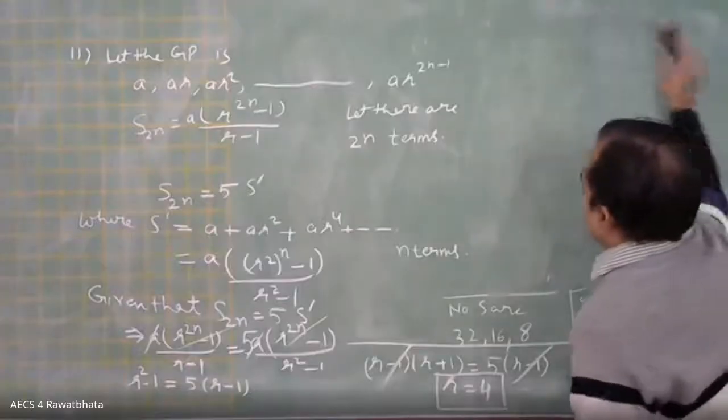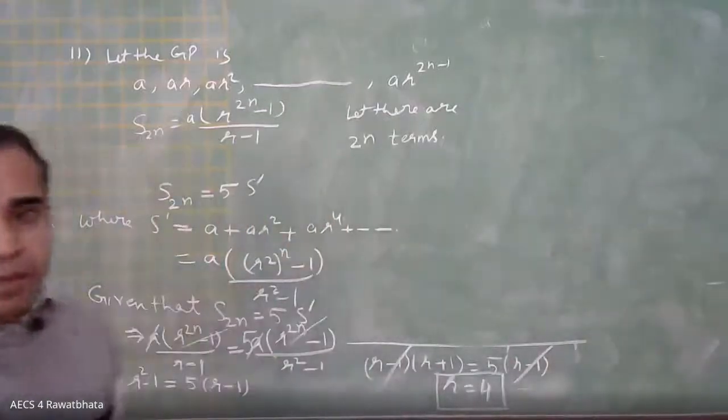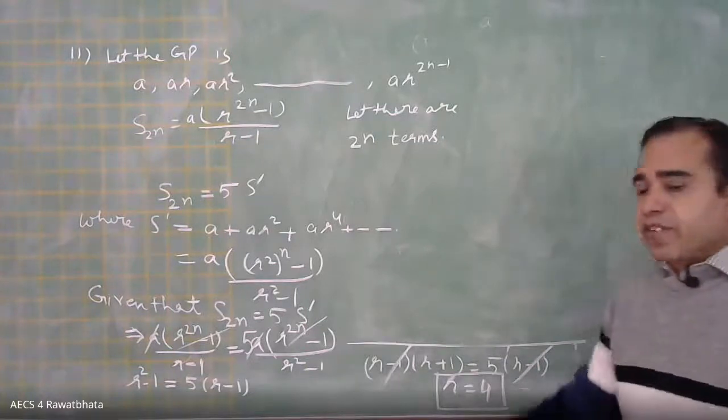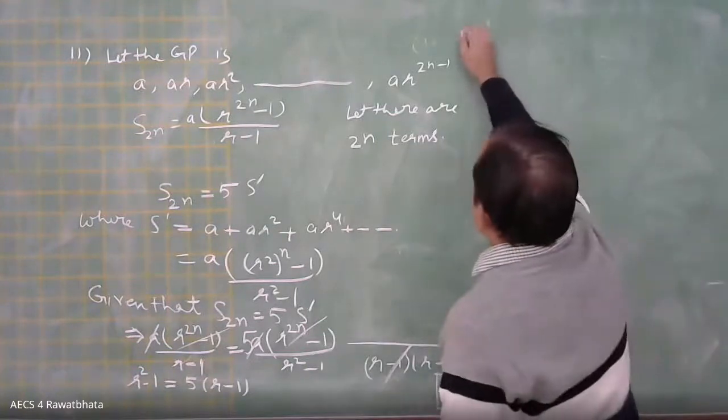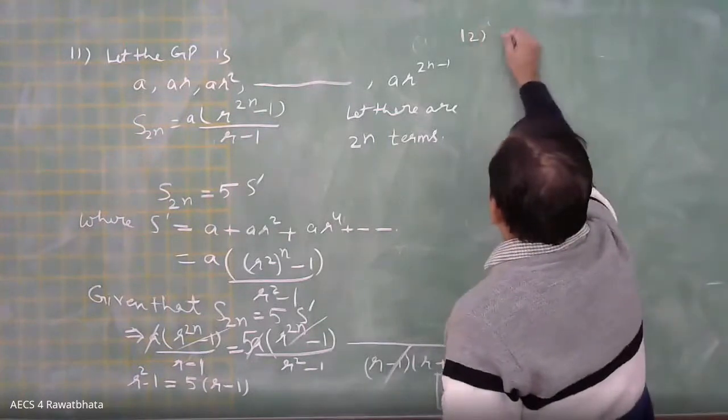The sum of the first 4 terms of an AP is 56. The sum of the last four terms is 112. If its first term is 11, then find the number of terms. First four terms sum is given. How much? The first four terms of the AP is 56.